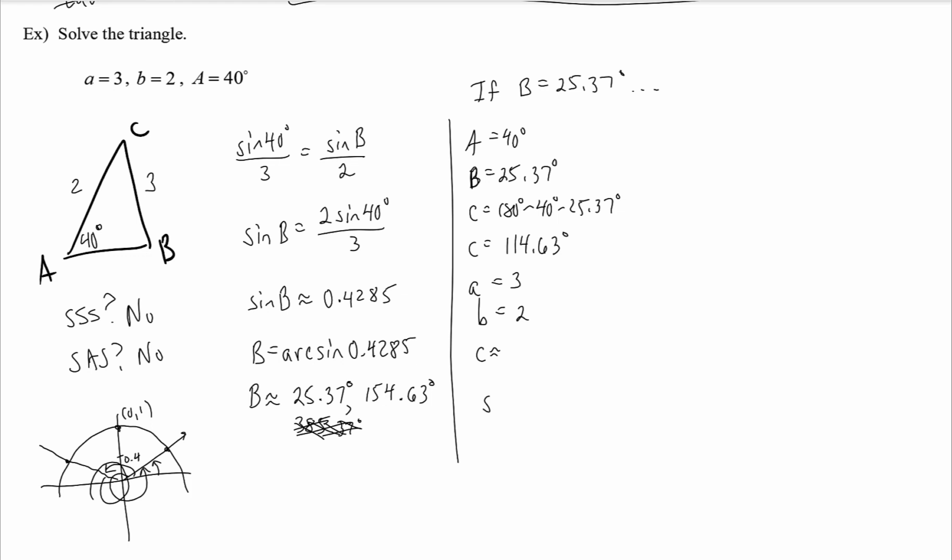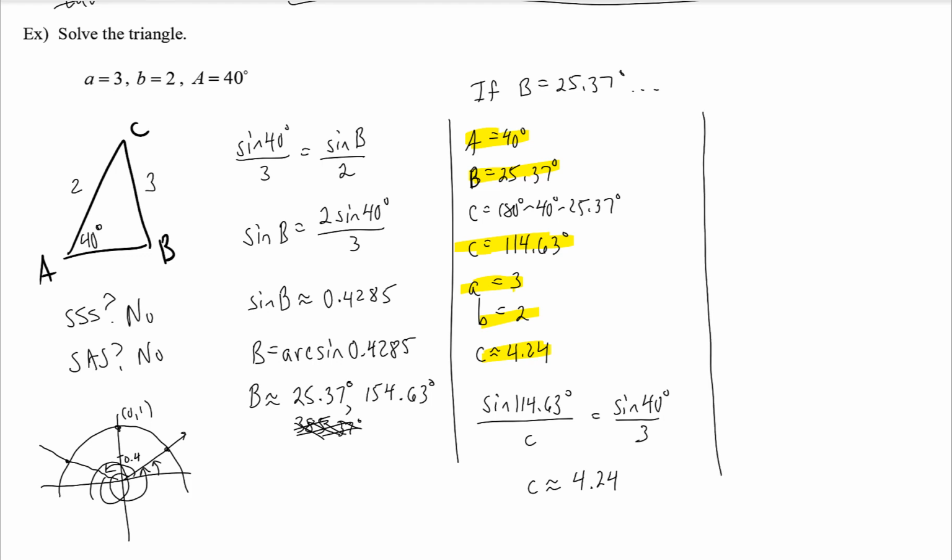So sine of 114.63 over C is sine of 40 over 3. So use our calculator again to solve our proportion. We get 4.24. Okay. All right, so all is right with the world. There's one angle, two angles, three angles, 1, 2, 3 sides. So there's every single angle and side